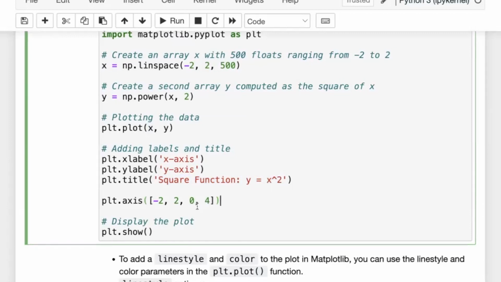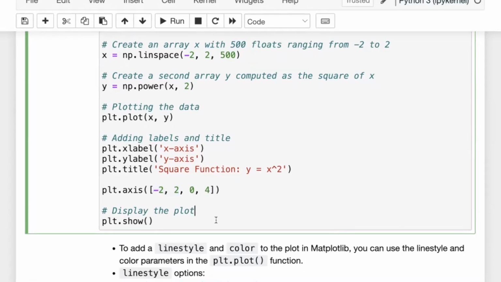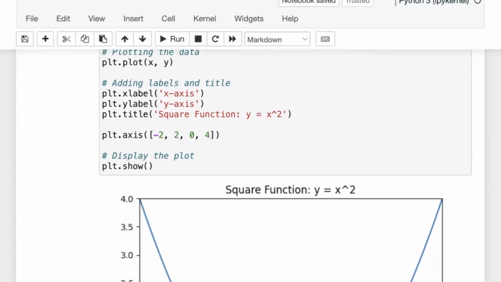As we said before, we can use plt.axis. We know here that the x values are from -2 to 2. And since we use the x squared function, the y values are from 0 to 4, right? So we don't get any negative numbers because we are using this quadratic function, but the max would be 4. And if we plot this right now,